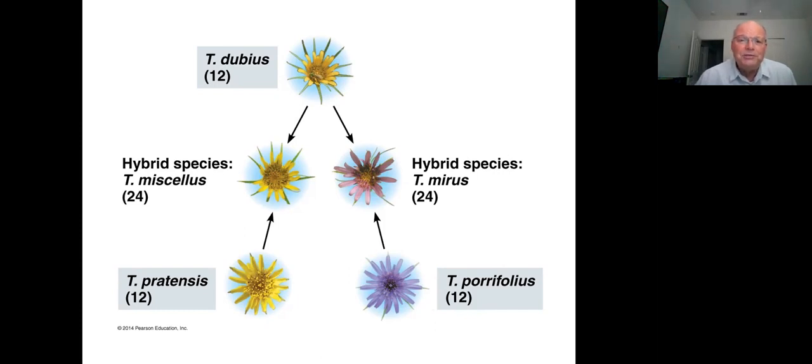The two populations then evolve in different directions as a consequence of accumulating adaptations to their environments. When they meet again, if they should ever meet again, they are reproductively isolated from each other in some fashion other than geography. In sympatric speciation, it takes place within the same geographic